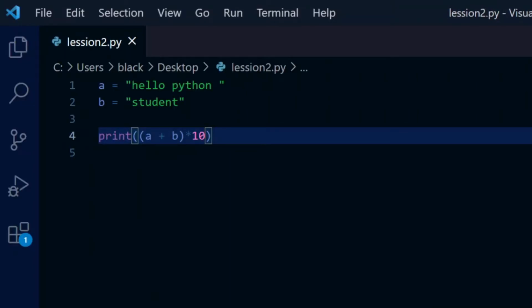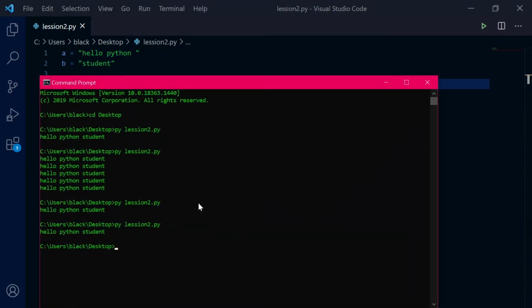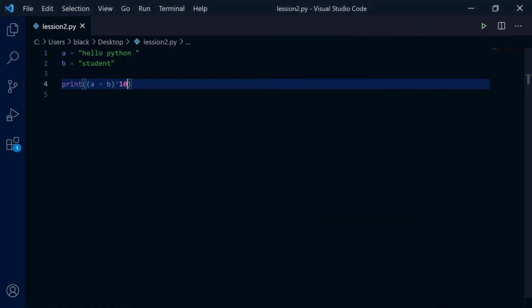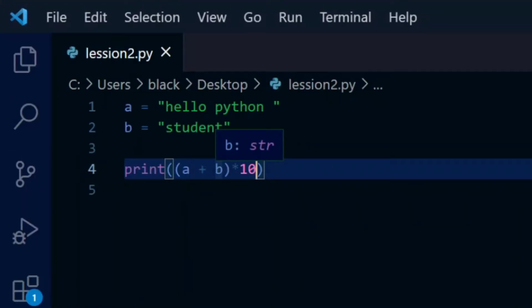Oh, I haven't saved it. It will be displayed like that, but if we want to make this in 10 lines, we have to do something else. We have to add another special string, that is \n.